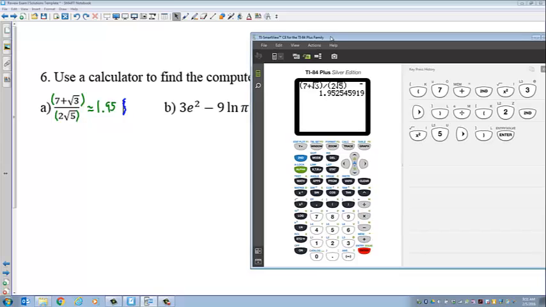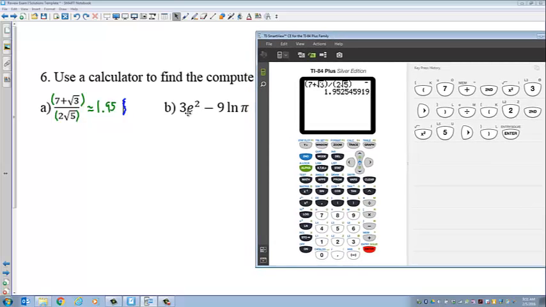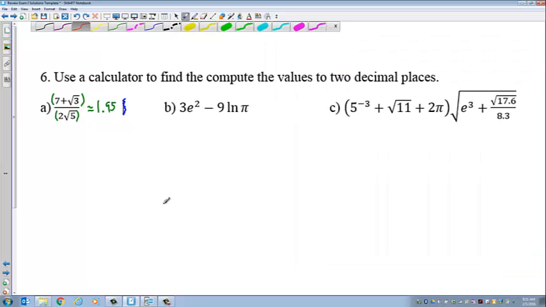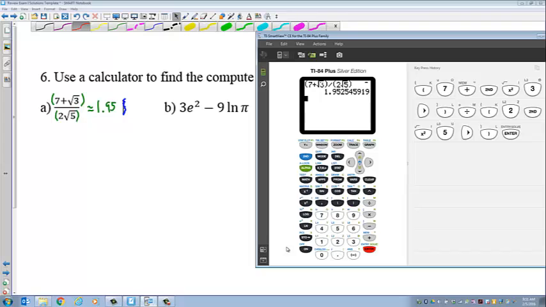The next one, all right, so you want to enter 3e to the 2 minus 9 ln of pi. So on your calculator, what are you going to do? You don't need to add any extra set of parentheses, so you just try to put it in just like it looks. So 3, and then I always hit second ln, because behind the ln button is the e to the x button, and I put a 2 up there. Then I hit over,